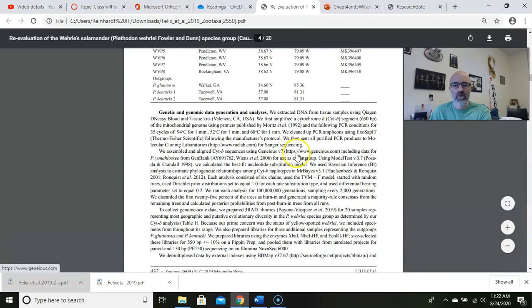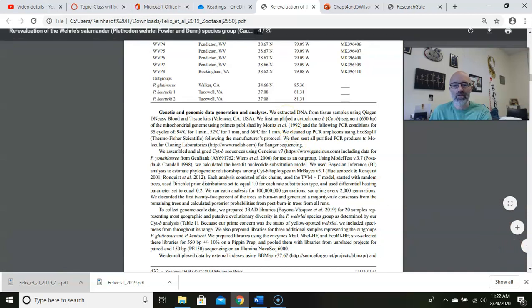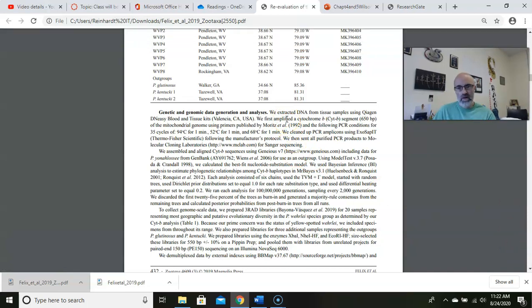This tells what we did with those tissues, how we extracted DNA. We did 2 different types of genetic analysis. One looking at a specific gene called Cyt B, which is a mitochondrial gene, and we're looking at 650 A's, T's, C's, and G's within this one gene. Okay, so that gene codes for a specific protein used in respiration, I believe, and we sequenced the information contained in part of that gene. And then we also